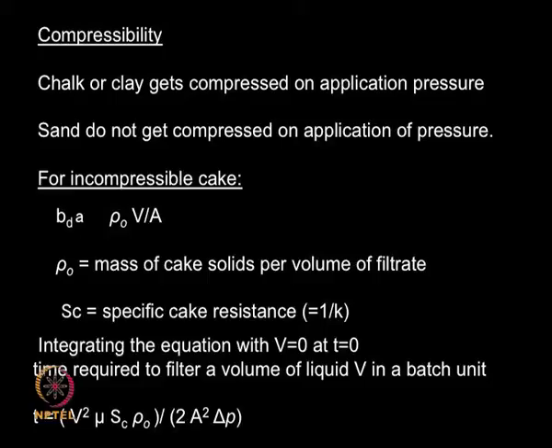a batch unit. So this time is a function of many parameters: the volume of slurry that needs to be filtered, mu is the viscosity of the medium, rho naught is the mass of cake of solids per volume of filtrate, A is the area of the filtration unit, delta P is the pressure we apply. So you see this equation is obtained by assuming many